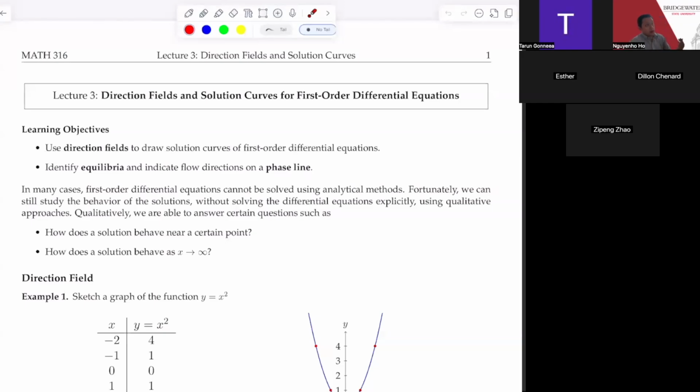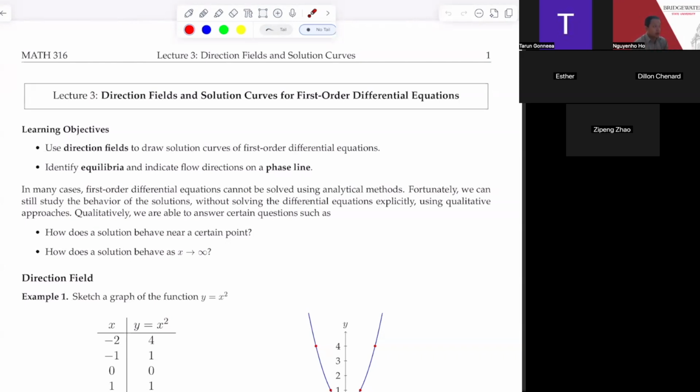So in lecture 3, we talk about direction fields and solution curves. We're going to use direction fields to draw solution curves of first order differential equations. Unfortunately, the method that we use here, the qualitative methods, is only for first order differential equations. And if you want to visualize the solution curves for